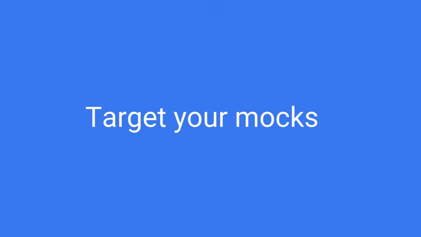So, target your mocks. In Jest, you can mock your code. Like for instance, imagine that you are using an outside component. You can mock that component so it's not triggered, or so you just have to return a div. But a problem that might appear when you are using this is mocking everything. So imagine, for instance, a random function. It will not work when you are creating a unit test for that. Why? It generates a random number. That's okay. Maybe you don't need to mock the whole Math library, but you can spy on the random function